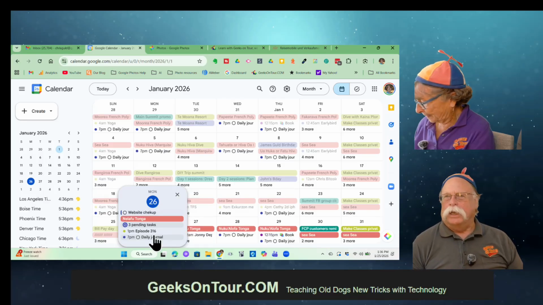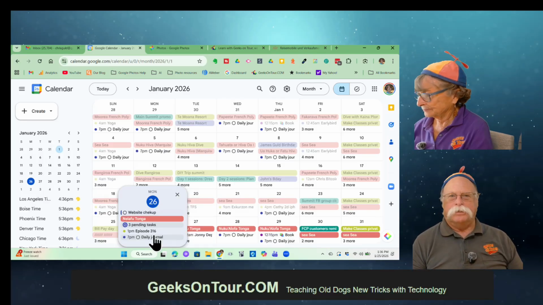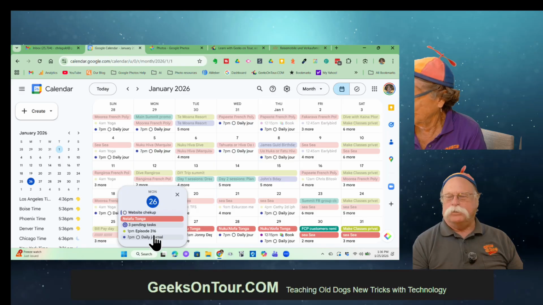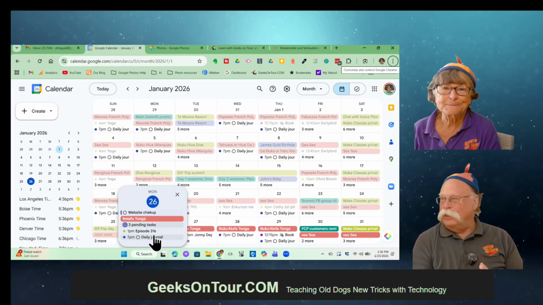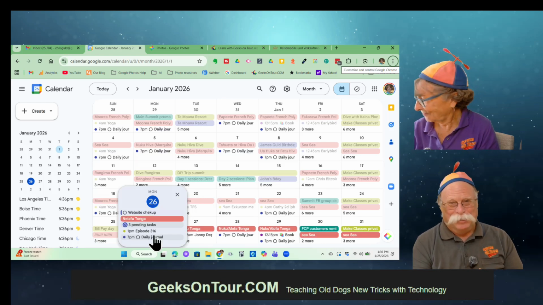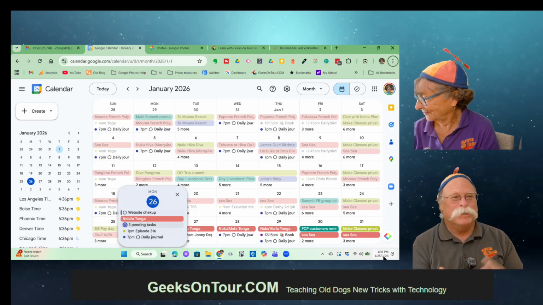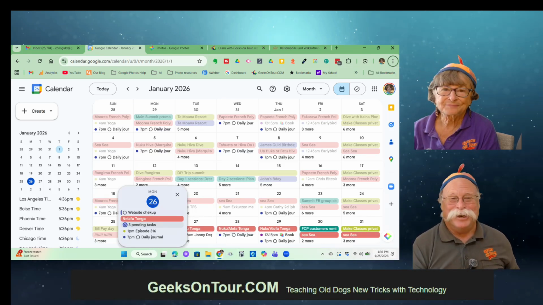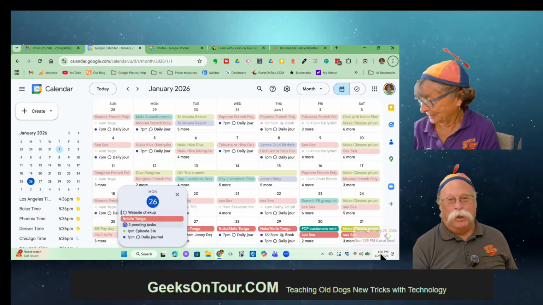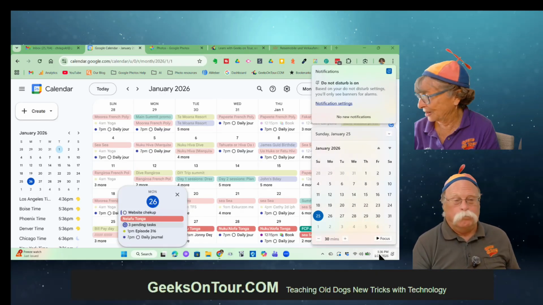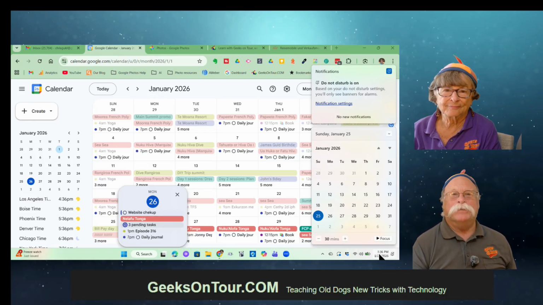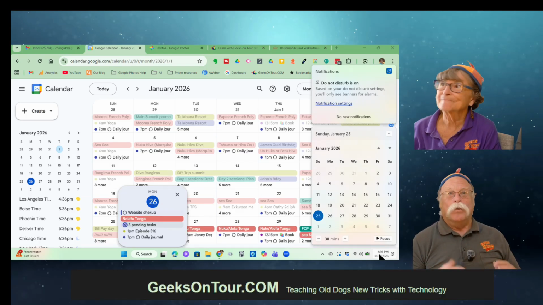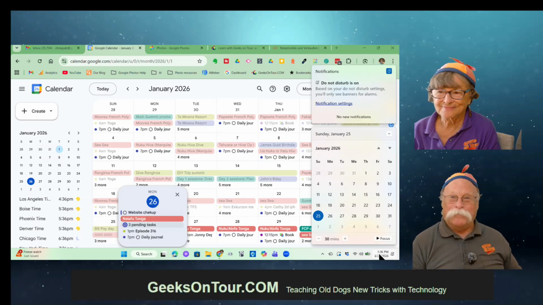It's important to realize, though, that your calendar dates are separate from your system dates when you go in there. So you have to do it in two places and make sure that it corresponds to where you actually are. And that throws a lot of people off. It threw me off. And it still throws me off. I still have to get used to it. But we're changing time zones all the time because we live on a cruise ship and we're traveling.